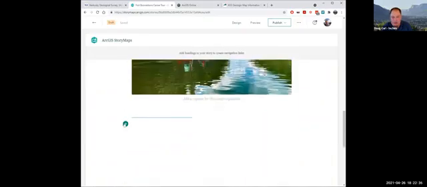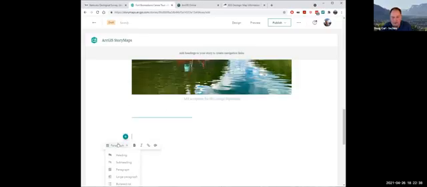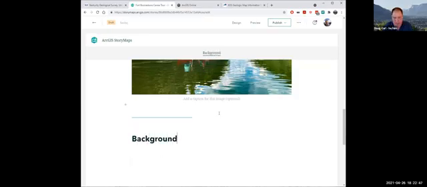Down here, if I want to add a heading, so this is where I want to add a heading. I actually have to pick the thing heading, and so I'm going to call this background. And you can see it types that up above, and then I can go on and this is the history of this area. So that's how you get headings up here.